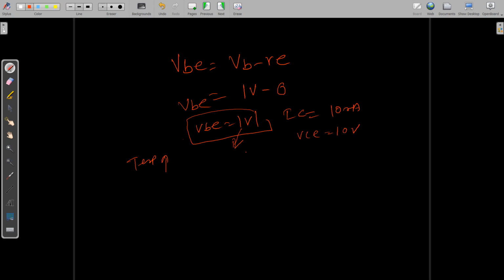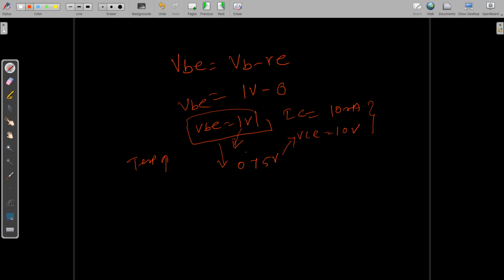Okay, so now the same amount of current and the same amount of voltage I may get with less VBE, let us say 0.75 volts. Why? Because you have said the temperature has increased. Because of that, with less VBE also, you are going to get the same value of this current and collector voltage, that is VCE. That means, because the temperature increases, your input has decreased by some value, but with the lesser input voltage, you got the same current as for 1 volt.